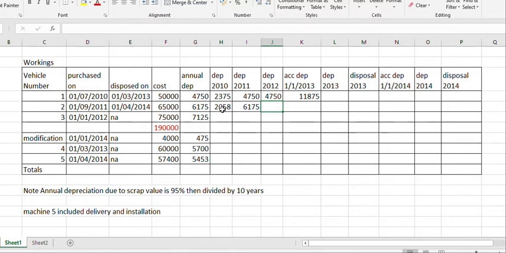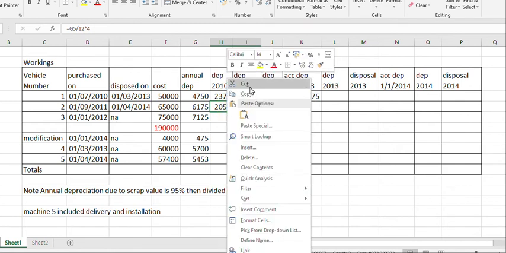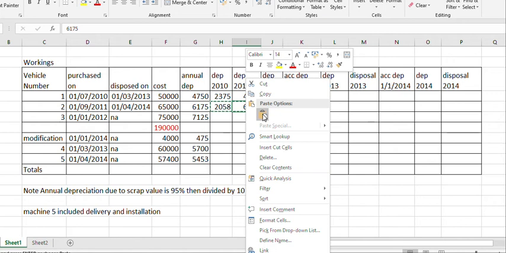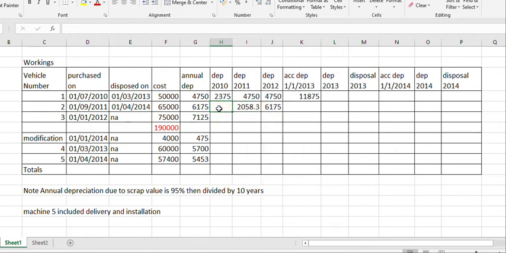We didn't have the machine in 2010. 2011, we bought the machine, so I just need to move these across one. There was nothing in 2010 because we didn't own it. It was 2058.3, so 2058, which was the 4 months in 2011, and we had a full year in 2012. So that adds up to